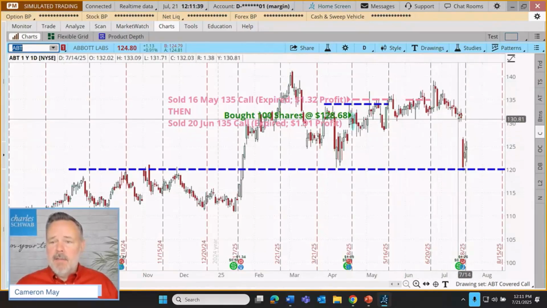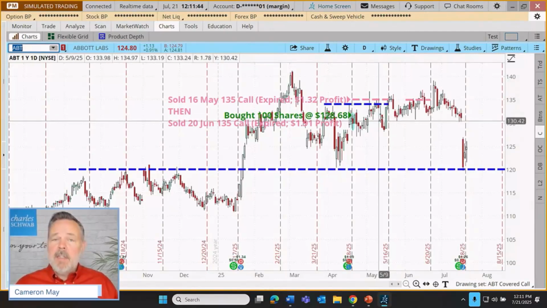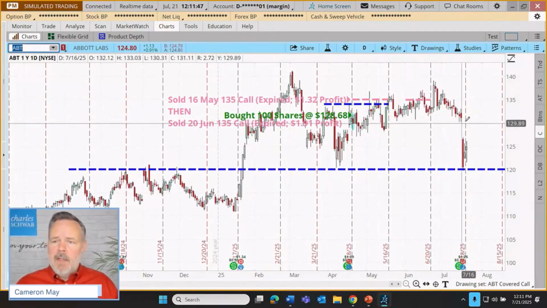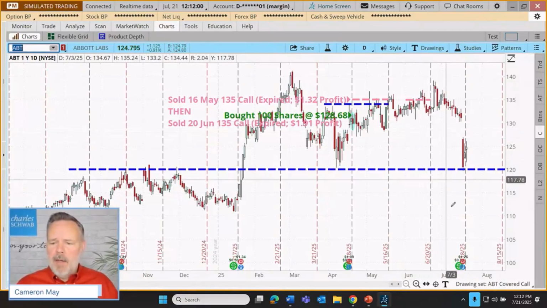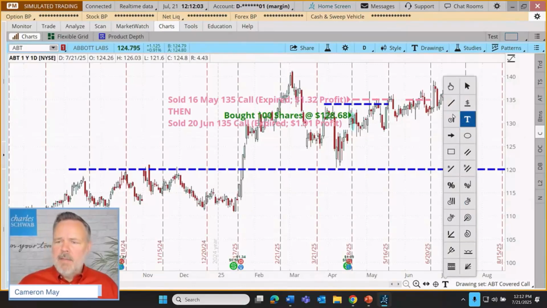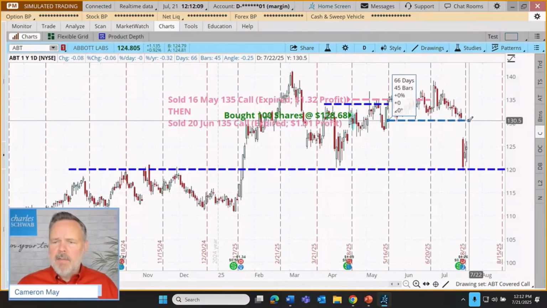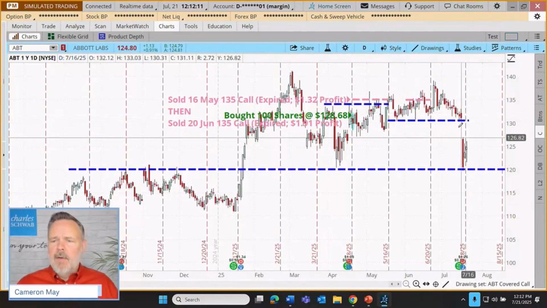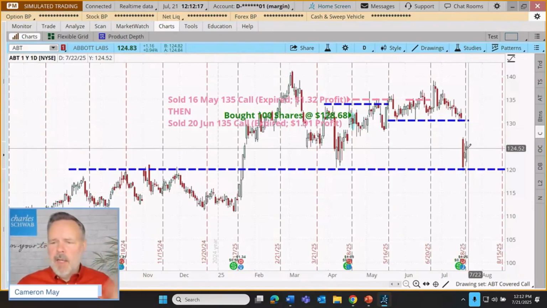Now, I want you to put yourselves in the shoes of a hypothetical trader. Here we have a bullish stock position that just gapped down on an apparently pretty disappointing earnings announcement. If we were the owner of those shares, we might have a decision to make. Are we still bullish on this trade, or should we just get out of these shares? I think some might have just pulled the plug. If they're technically oriented traders, they might have looked at a chart like this, recognizing that there was an apparent support that had held for a couple of months right there, and we broke down through it pretty sharply. They might say, forget it, we're done.